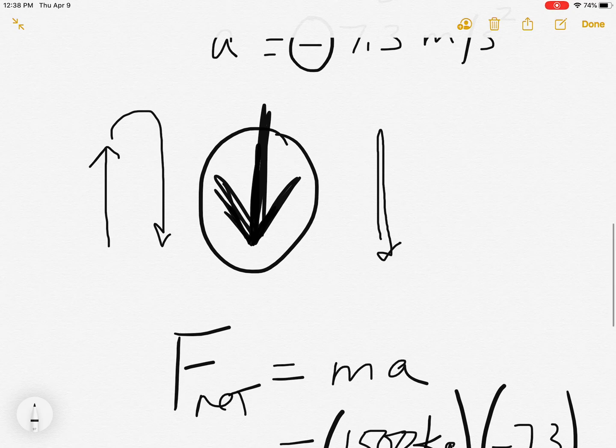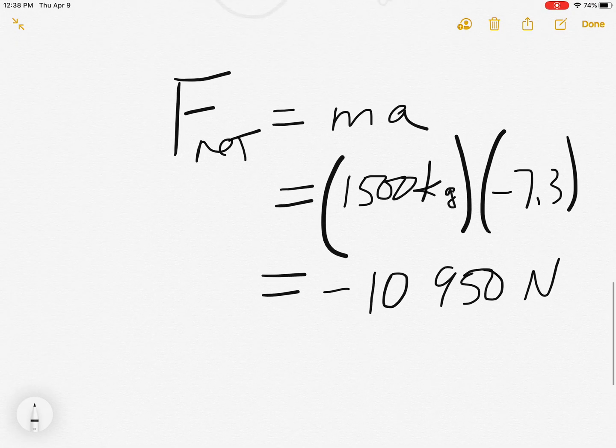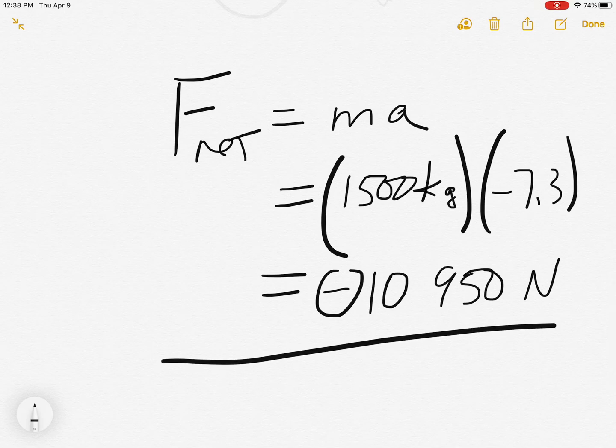You can't make a car stop going north and start going south unless you pull towards the south. So there's the force pulling